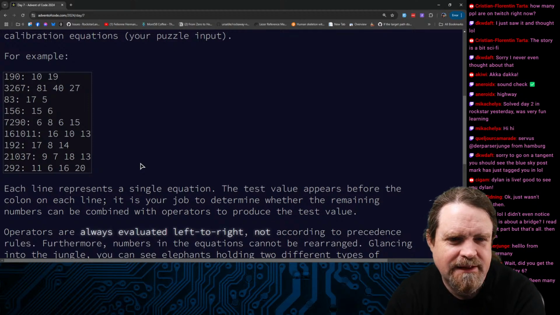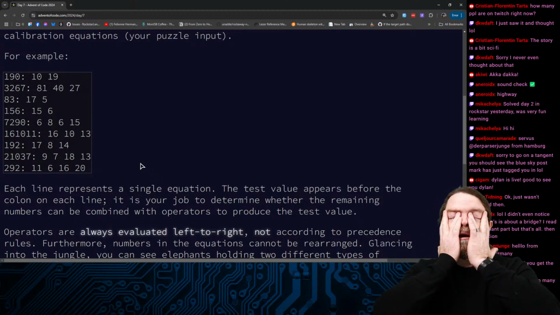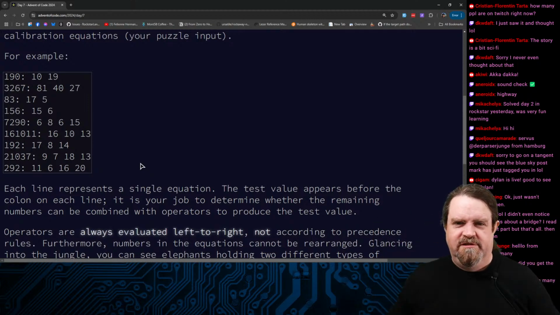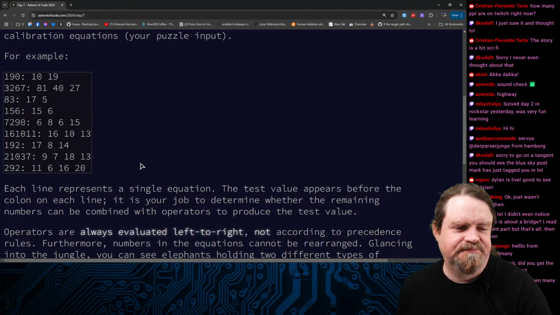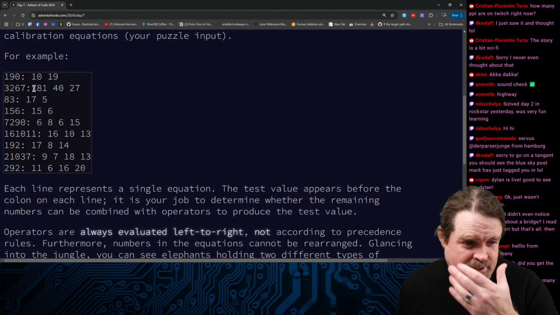All right, so I think this is going to be some kind of a searchy tree thing. Because what we basically have to do is, okay, 10 plus 19, did that work? 10 times 19, yes, okay, boom, done. All right, this one, 81. So let's do,